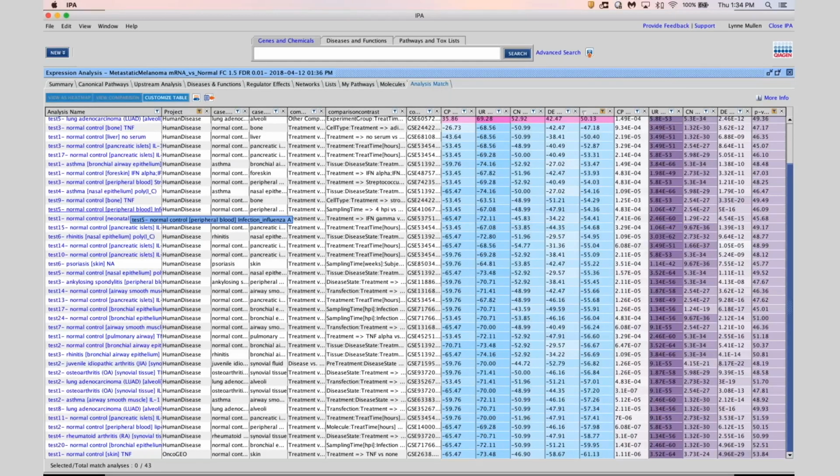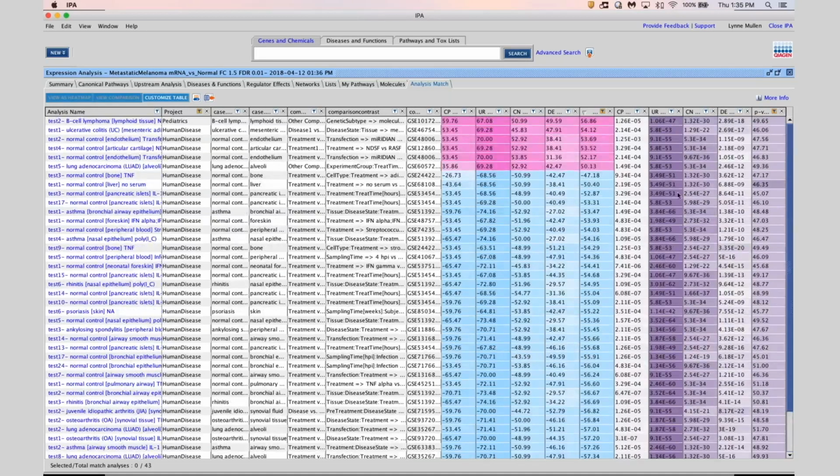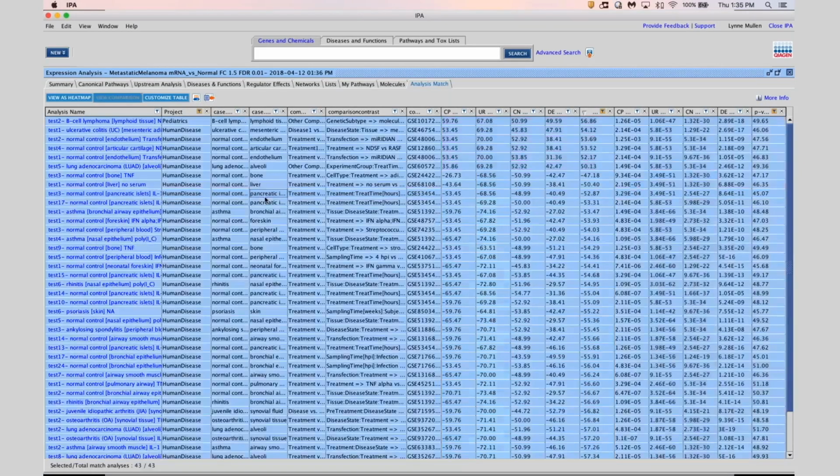So once you find those matches, you filtered it down to what seems to be most interesting to you. You might be interested in finding which specific entities are driving these patterns of similarities or differences among the data sets. So for example, when we look at these different entities, we can see the z-score similarity is pretty high for upstream regulators compared to the other entities. So what are the upstream regulators involved? Why are we seeing these matches show up? So what you can do here is you can select as many as you like. So I can go ahead and just select all of these,